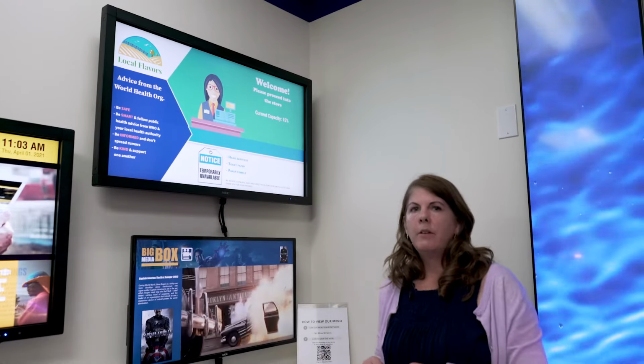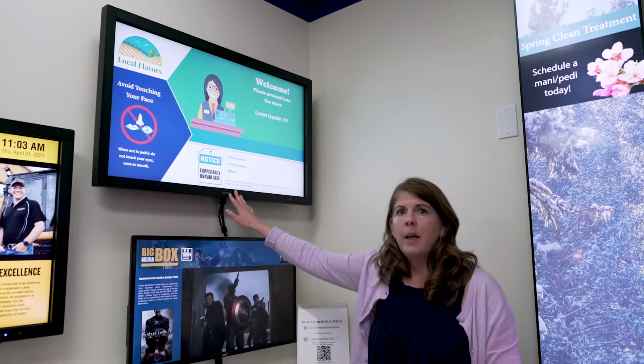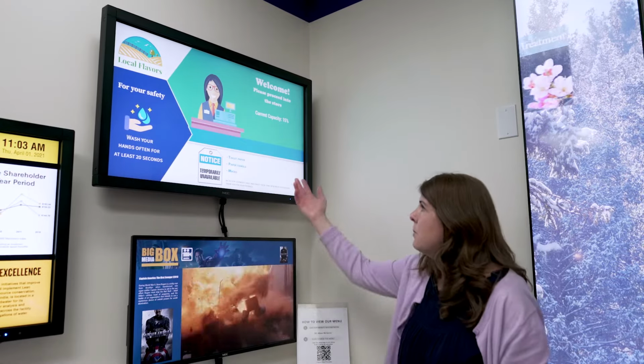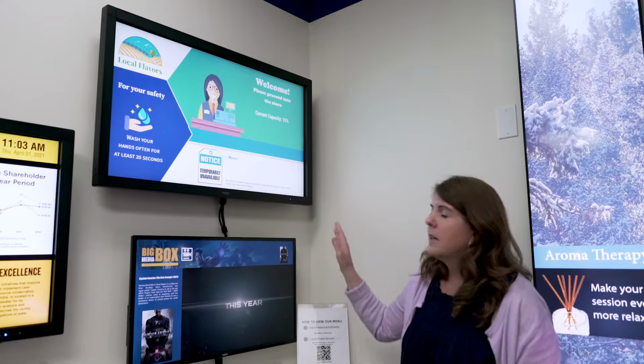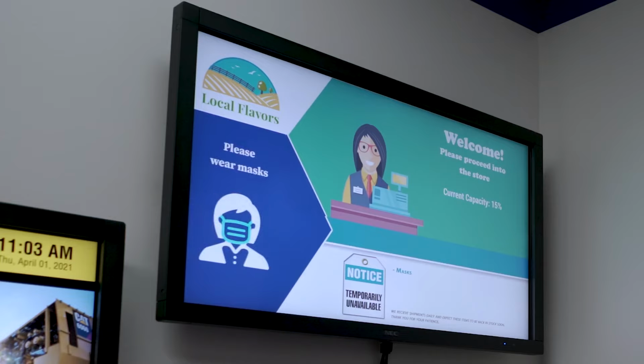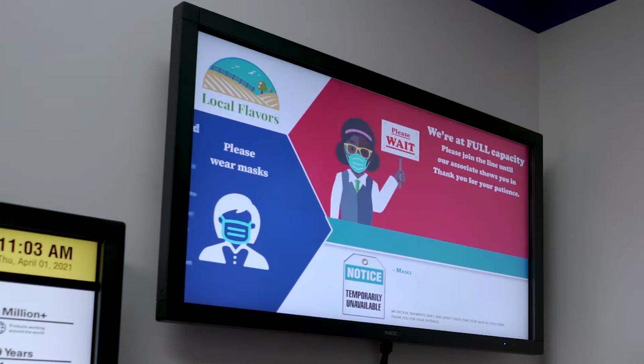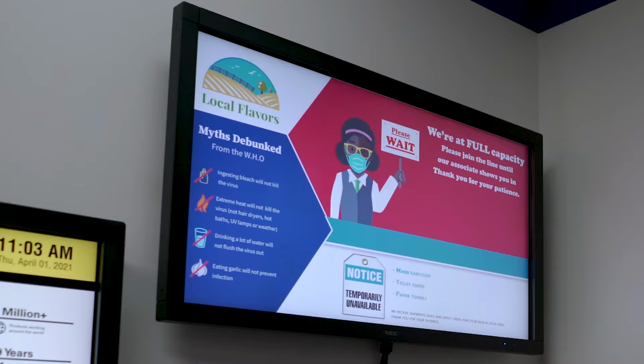What it does basically is the BrightSign player counts the low-level Wi-Fi signals that every mobile device outputs, and it takes that count and equates it to the number of people in that location. That number can then be sent to another display such as this one that could be installed outside a supermarket, for instance. And the content can change based on that occupancy level to tell customers when it's safe to come inside. So as the occupancy changes, we'll notice the signage changes. And when we reach full capacity, it's telling customers to stop and please wait until it's safe.